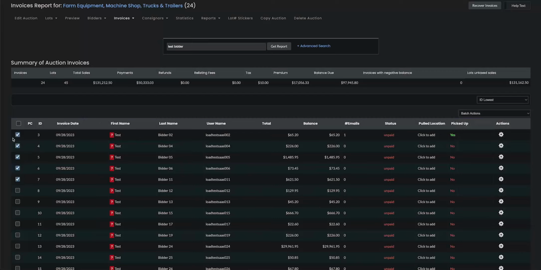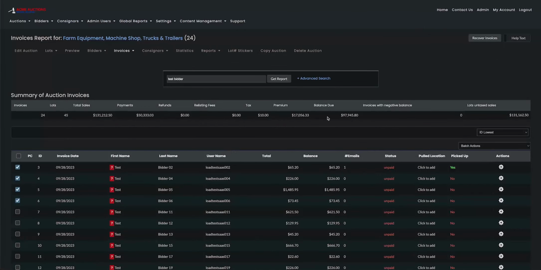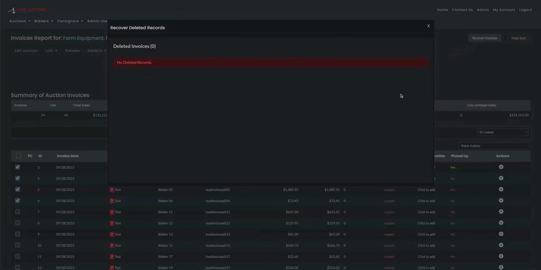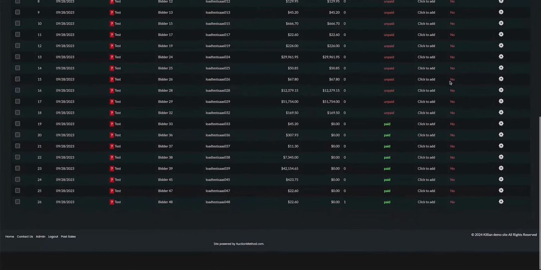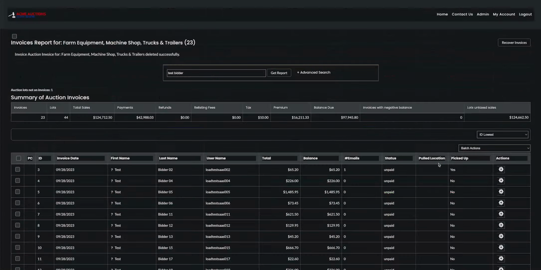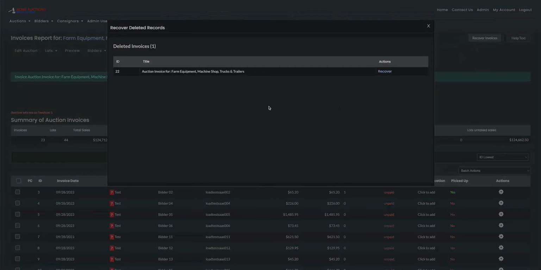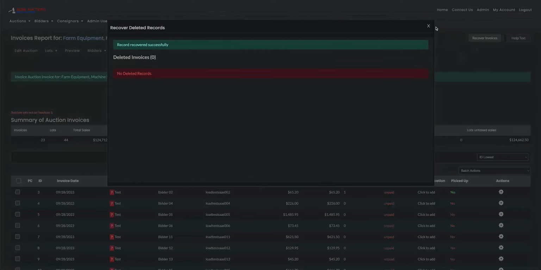And then the last thing I want to show you on this page is the ability to recover invoices. If you deleted an invoice and for whatever reason you want it back on your website, go to the top of the invoice summary report page here, click on recover invoices on the top right, and then let me just delete an invoice first to show you what it looks like. So you click on recover invoices on the top right, click on the invoice you want to recover, click OK to confirm, and then once you close this recover box, the page will refresh and the invoice will be right there at the bottom